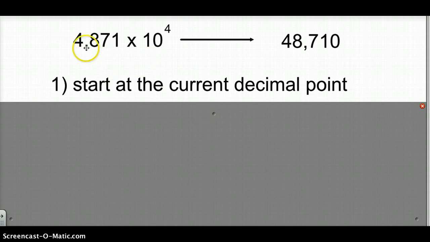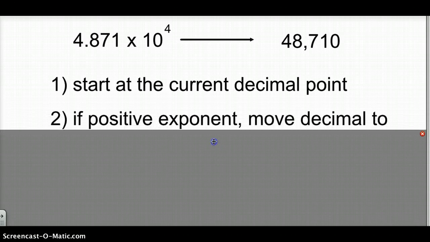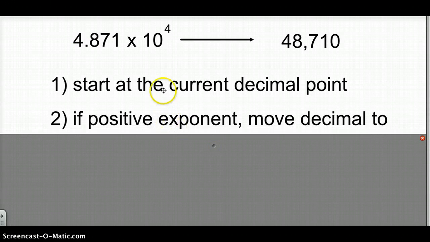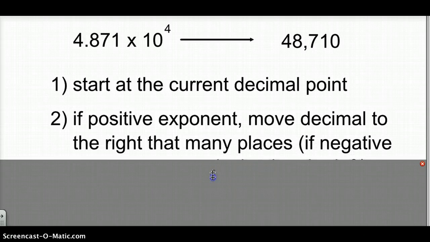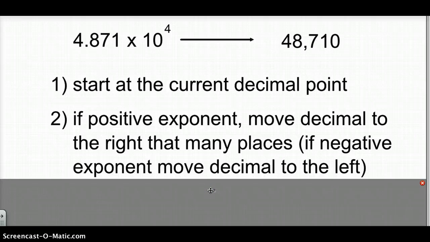If we look at where we are right now, we start at the current decimal point, which is right here. That's what step 1 says. If it's a positive exponent, we are going to move the decimal to the right that many places. If it's a negative exponent, we're going to move the decimal to the left. So we would start at 4.871, and we're going to move the decimal 4 places to the right because of what this exponent says right here. And we would end up then at